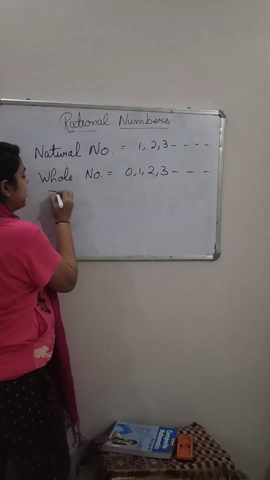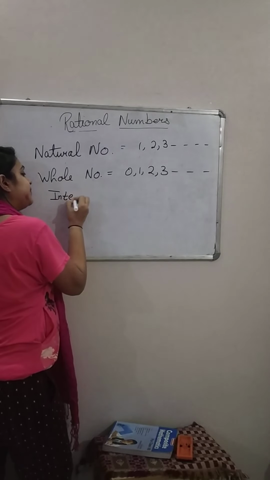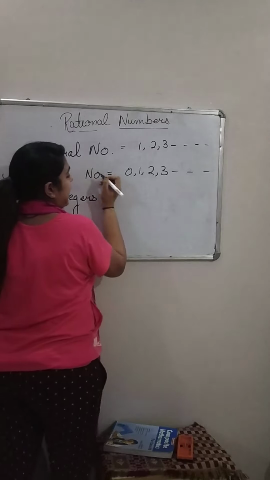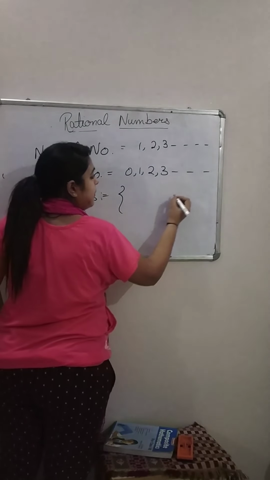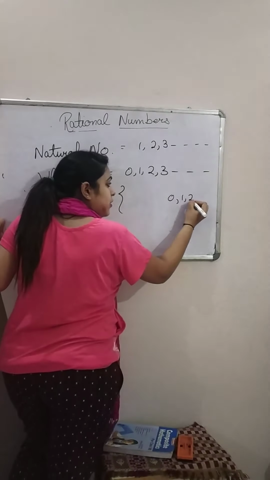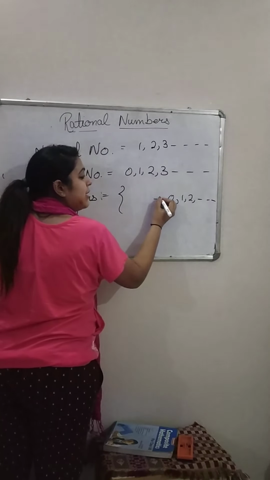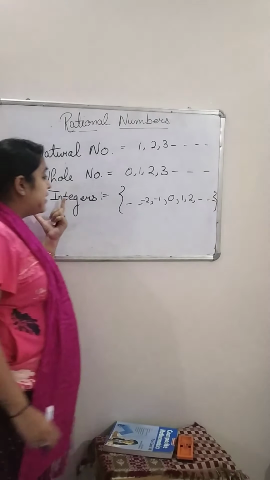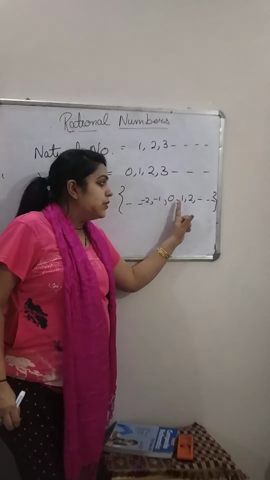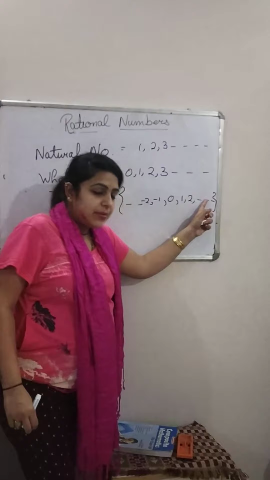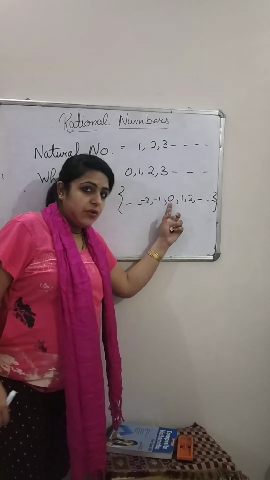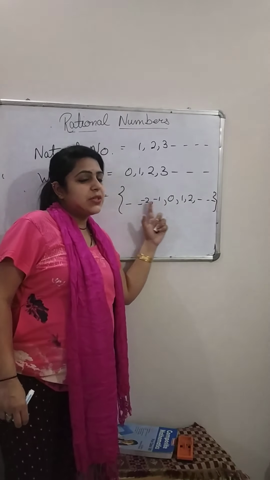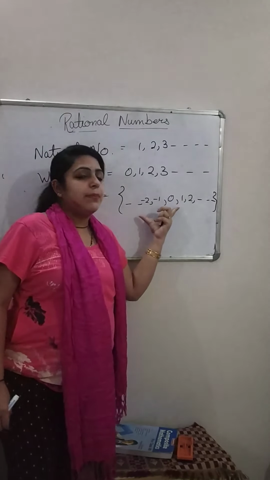Then coming to integers. Integers is a set of a number 0, 1, 2 and so on. Similarly we have -1, -2 and so on. That means integers are the numbers which include 1, 2, 3, 4 all the positive numbers, complete numbers, 0 and the negative of those numbers. 0, 1, 2, 3, 4, -1, -2, -3. This goes up to infinity.